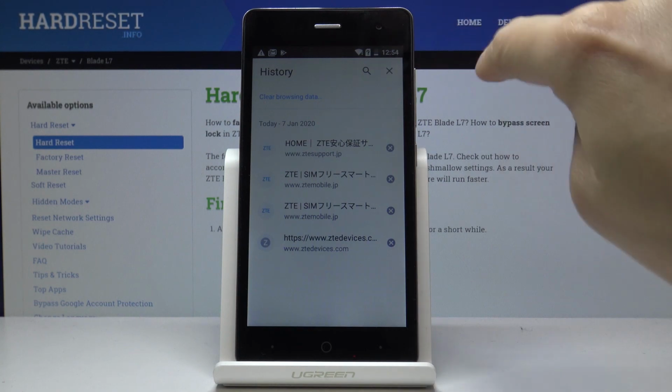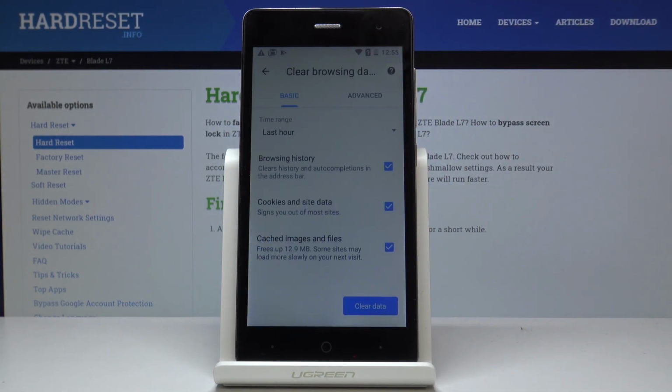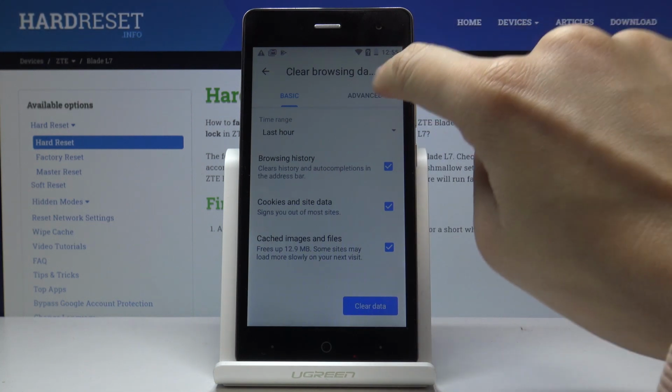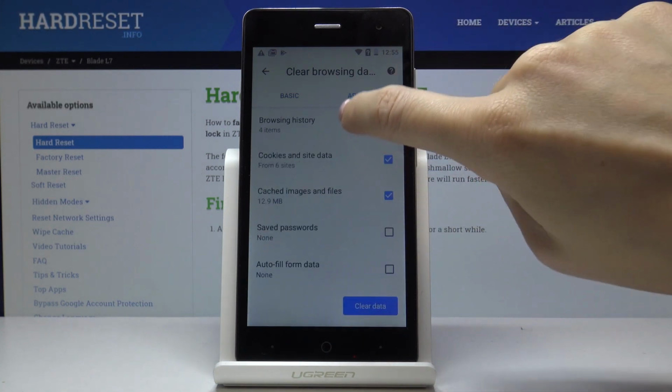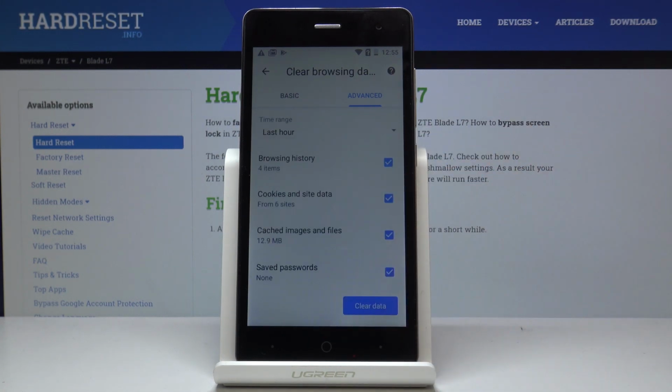And here go to Clear Browsing Data. And now you can pick something from Basic and Advanced options. So in Basic you will find Browsing History, Cookies and Site Data, Cached Images and Files, and then in Advanced you can pick some more like Saved Passwords, Autofill Form Data, and also Site Settings. So I would like to delete all of them, and the last step that you have to do is to